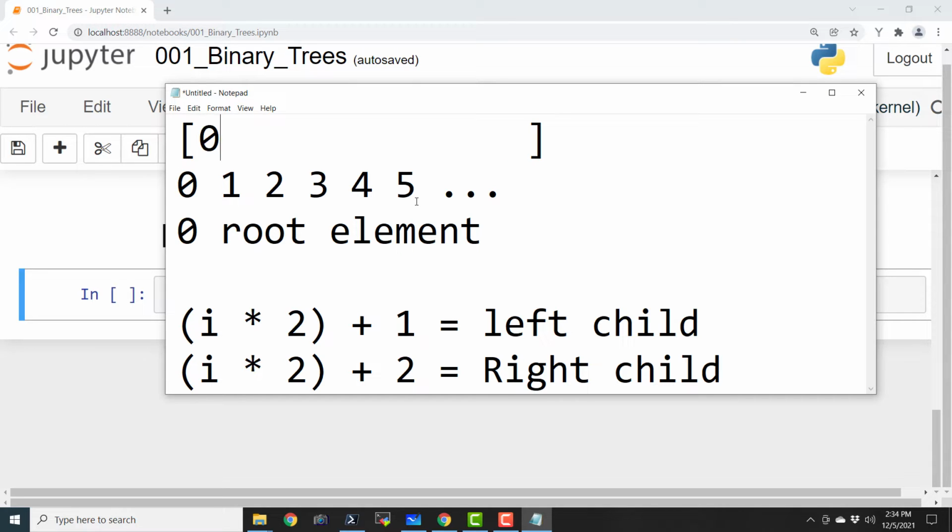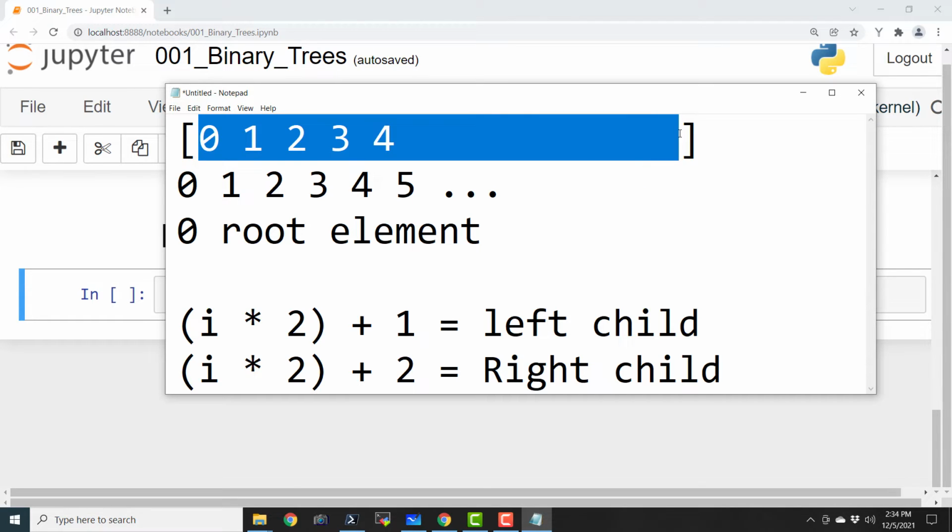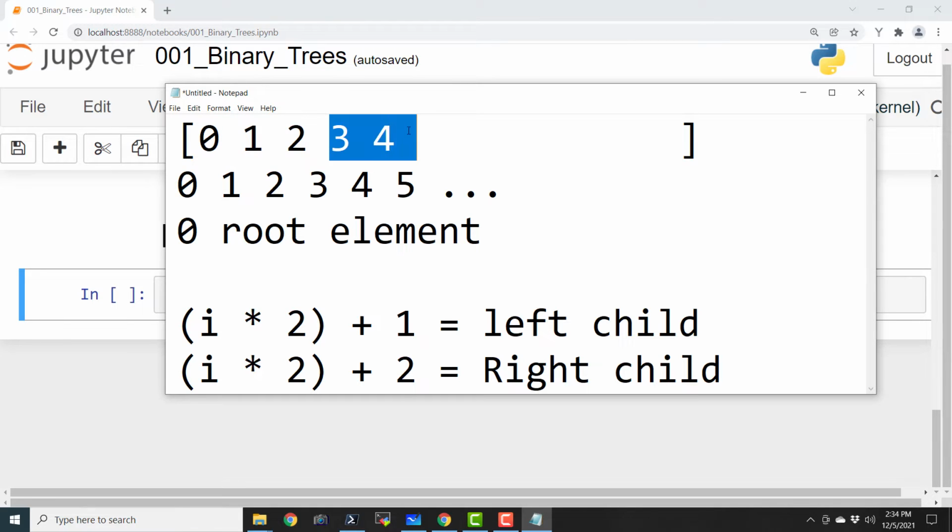So suppose 0 is your root node, then 1 and 2. So this is the left child and this is the right child. And this 3 and 4. So here in this example, the index is equal to the value of that particular node. Okay, so that is what I am assuming. So these 3 and 4, these are children of 1. Because if we substitute 0 here, the output is going to be the 1, and if I again substitute 0 here, the output is going to be the 2. That is why these 1 and 2 are children of this 0.